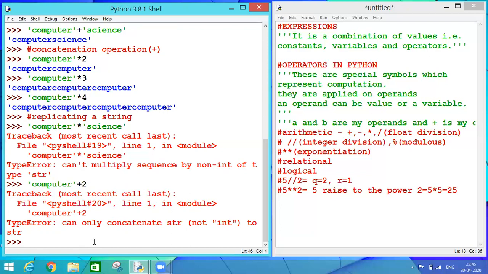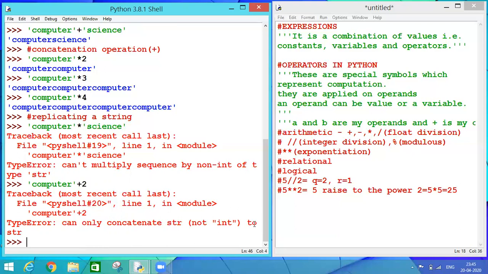Now let's move on. Now students, you must have studied BODMAS rule in your mathematics. Same BODMAS rule we apply here too. There we fix priority levels of using our operators in Python expressions.